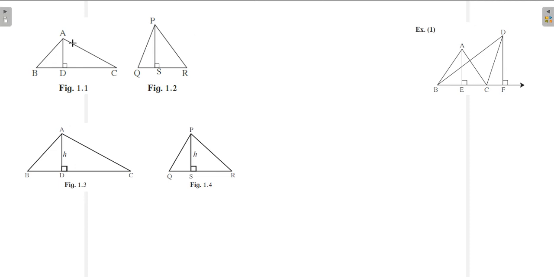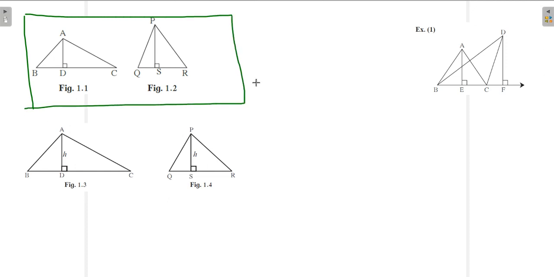Now if you see this figure, this is the first figure. All these three figures have some different angles to see them. So in this figure, if you see ABC and PQR, their height is different, their base is different. If I ask you the area of triangle ABC, then you will surely tell me that area of ABC will be half into base into height, that is BC multiplied by height AD.